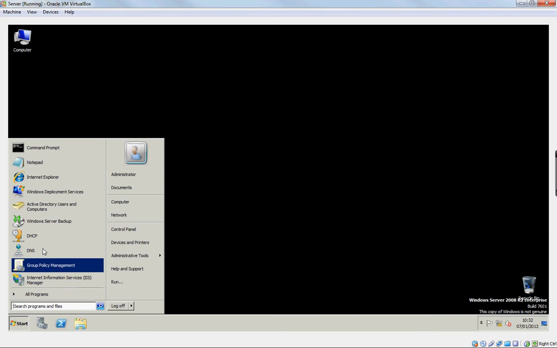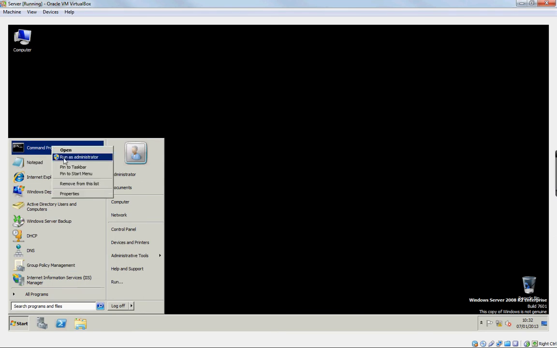Okay, now let us look at installing Exchange 2010 to add a mail server to our machine. First thing you need to do before you install server is to install all the prerequisite files. These are files the machine needs to be able to install Exchange. It is quite a hefty list, so the easiest thing to do is use one of the built-in scripts to do it. So if we go to the command prompt and we run it as an administrator,